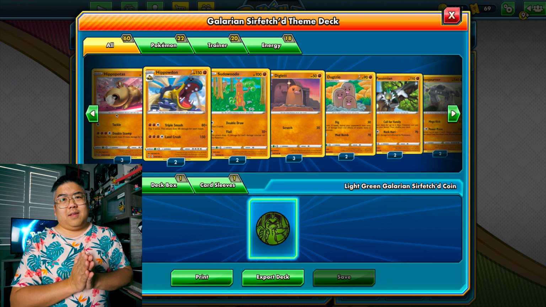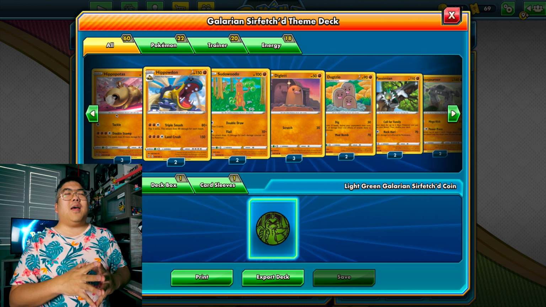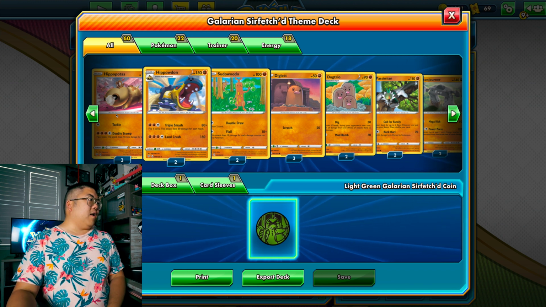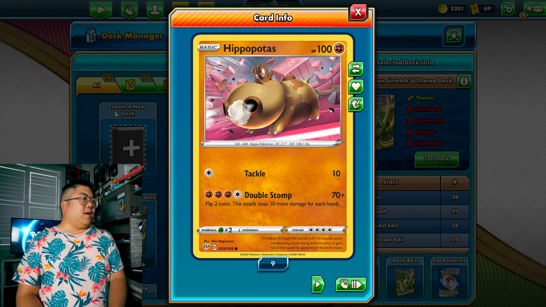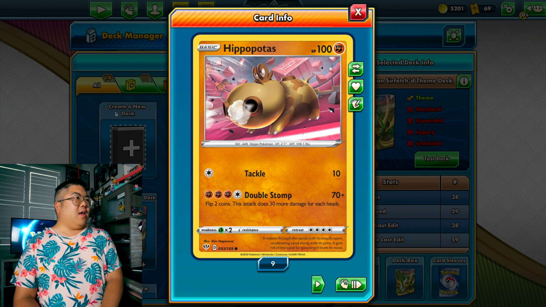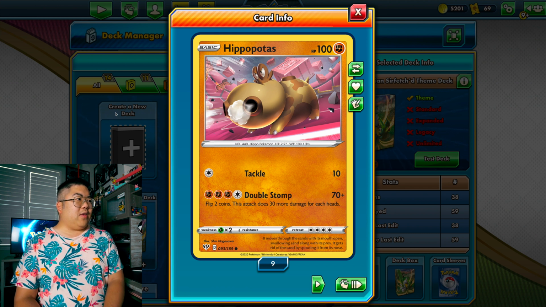There's one Pokemon in this deck that I don't like at all. I don't like this Pokemon in my hand. It's Hippopotas. I like the picture. Looks like he's got camo on, like desert camo. 100 HP basic Pokemon, but look at his tackle attack, 10. Why did they give him a tackle for just 10? It's horrible. That's terrible. I'm just frustrated because it'd be nice to have Hippopotas out there, but